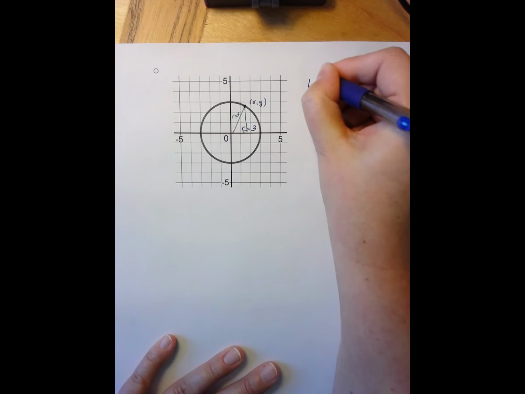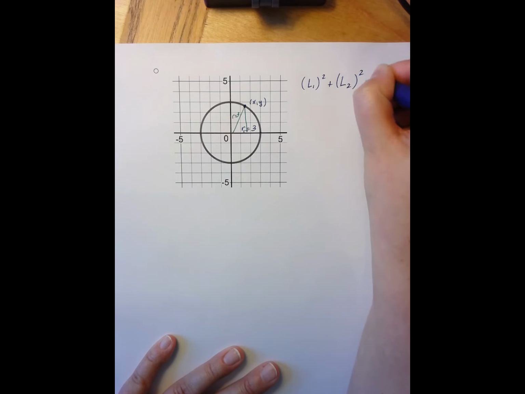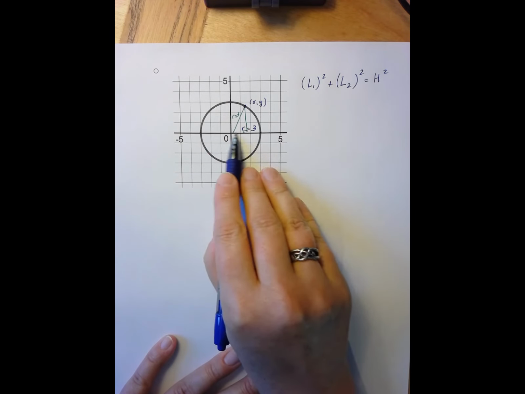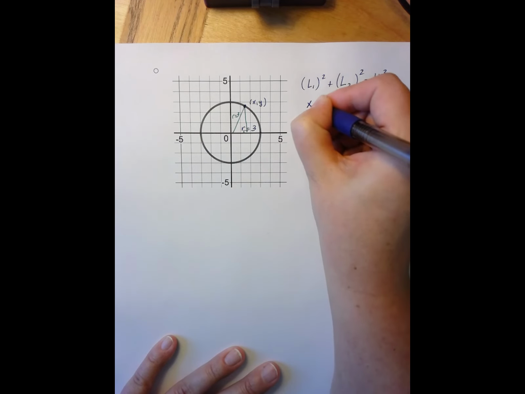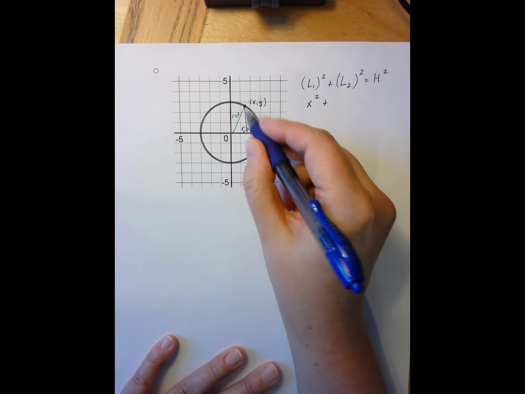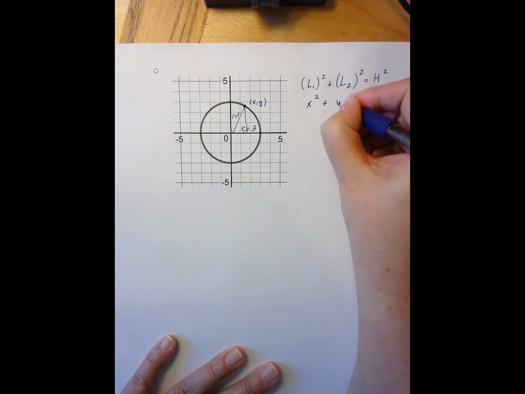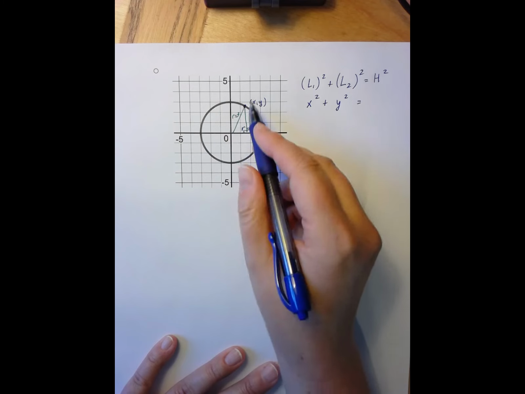So I've got leg 1 squared plus leg 2 squared equals hypotenuse squared. My leg 1 is some x units over, even if my triangle doesn't look quite perfectly like a right triangle, so that's x squared, plus some units up, which is my y squared, equals my radius squared, which we know